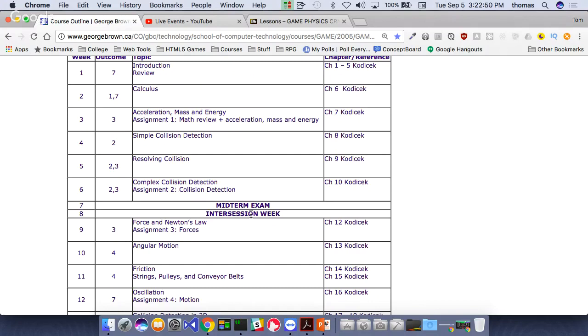If I make a big midterm test, chances are what's going to happen is you guys are going to be killed, right? Because there's going to be a lot of information. It's not going to be an open book test. That's not this kind of course, right? It's going to be a closed book test. It means you have to know.